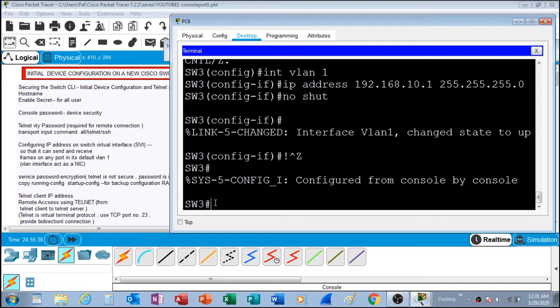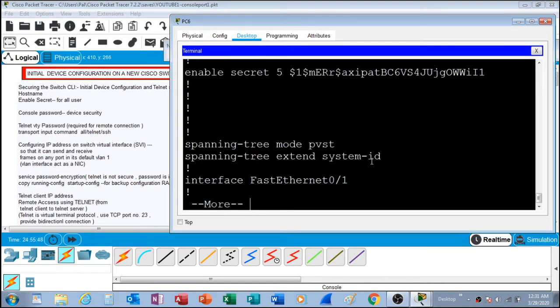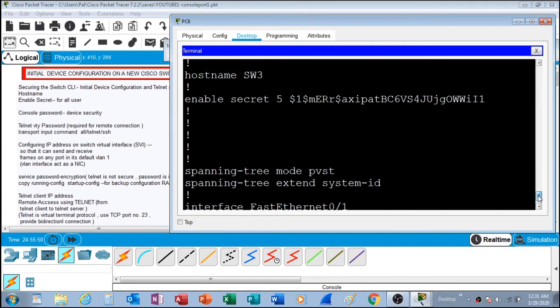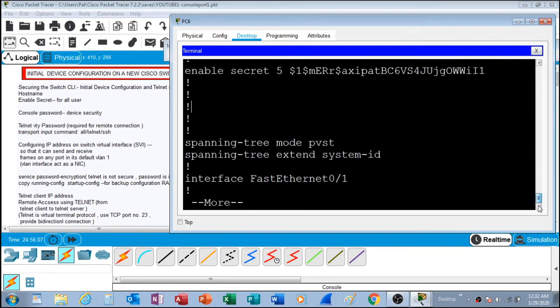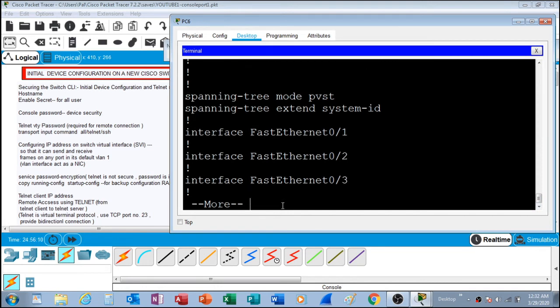For next, now we have our configuration here, so I'm going to use the show run command to show you our password. From the beginning, scroll a little bit up, you can see your host name is switch3, then we have enable secret, and this is the type 5 MD5, and this is your encrypted password. You know what your password is, right? But nobody can look at it and tell you what the password is. And now we're going to scroll all the way down,